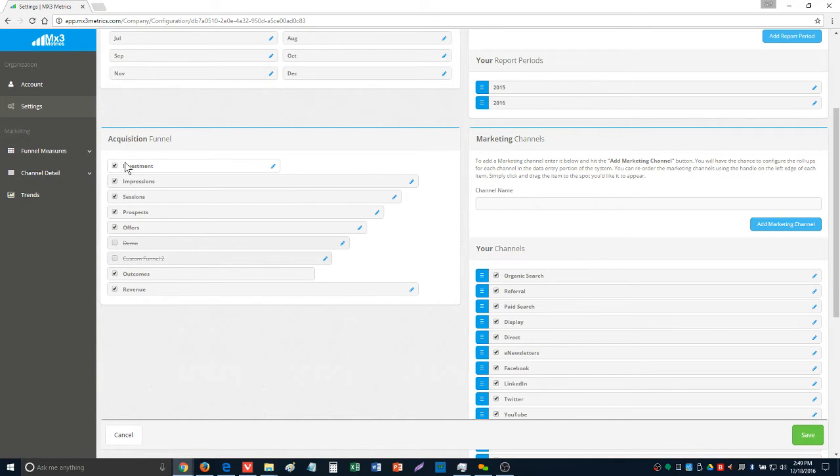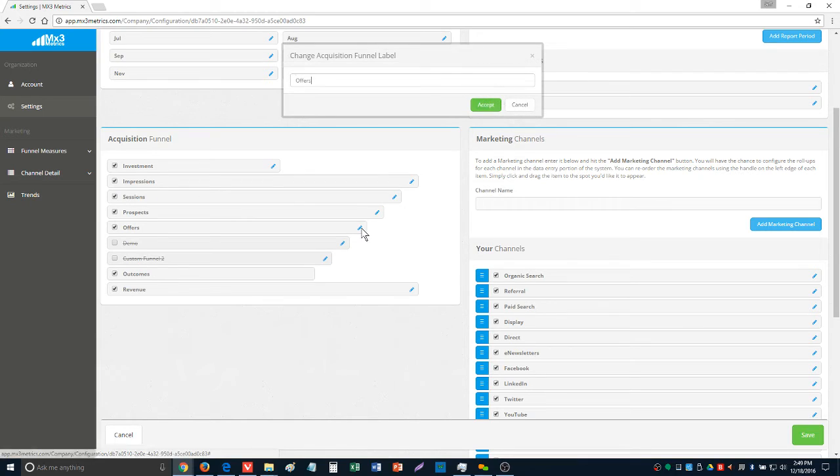So we start at the top with investment. That's dollars being invested into marketing, and then at the bottom we've got revenue. Some clients use the revenue number or section, others don't. Then we can go through the funnel, which would include impressions, sessions, prospects, and offers. Each client has different things that they want. We can customize this, so if we don't want offers, we want estimates, we can just change that